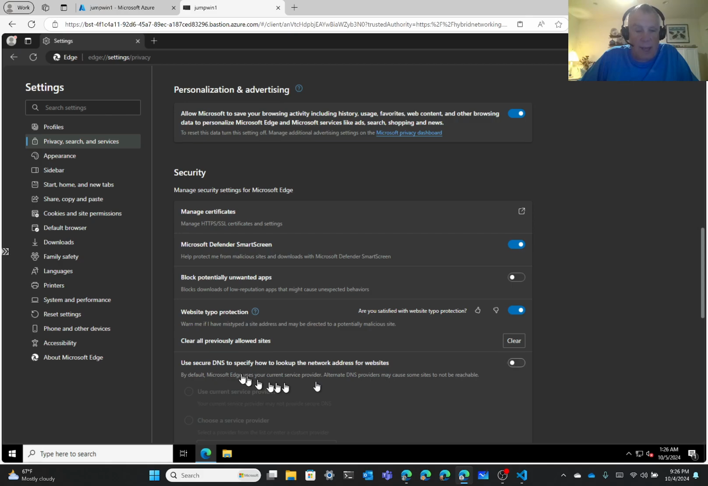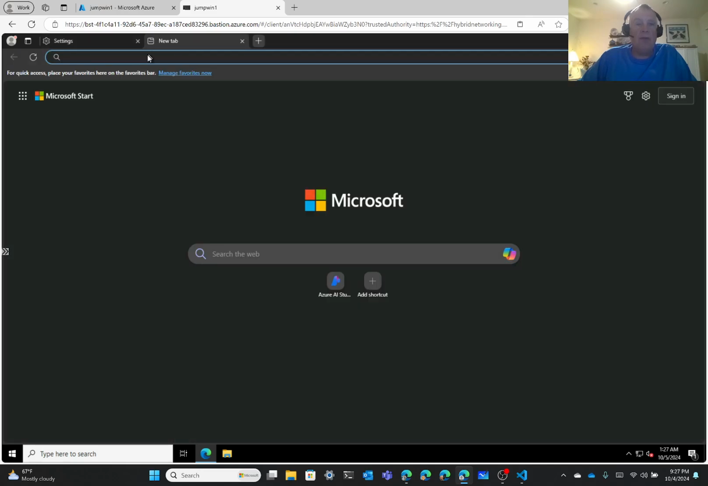you can see that I've disabled this use secure DNS to specify how to look up network addresses for websites. And the only reason for that is that we have a very simple implementation of DNS in the sandbox. We're using our own homegrown DNS, if you will. So we don't need that enabled. Okay. So now that we've validated that that is the case,